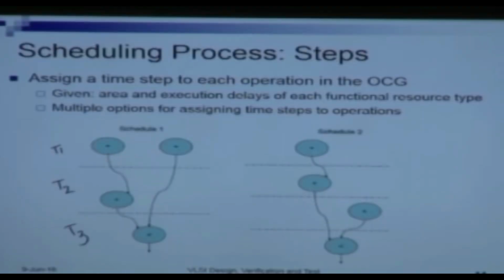For example, for the previous operation constraint graph, this example shows two alternative schedules. In schedule 1, we see that this has been done in 3 steps. Schedule 1 takes 3 time steps, T1, T2 and T3. And schedule 2 takes 4 time steps, right? Therefore, we can say that schedule 1 has a higher performance than schedule 2, which